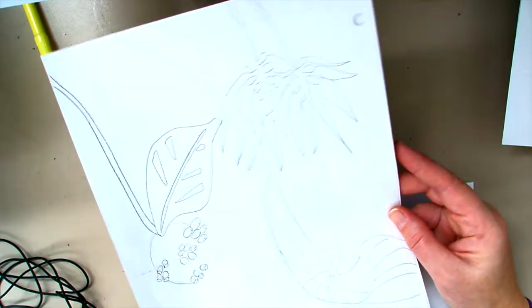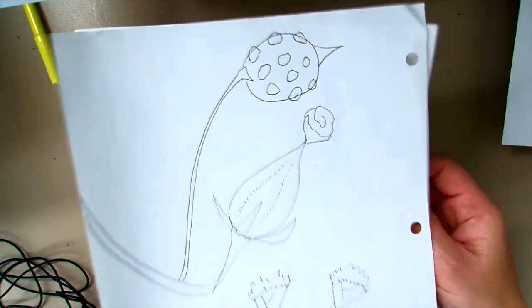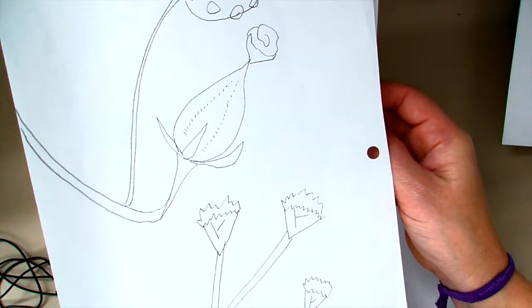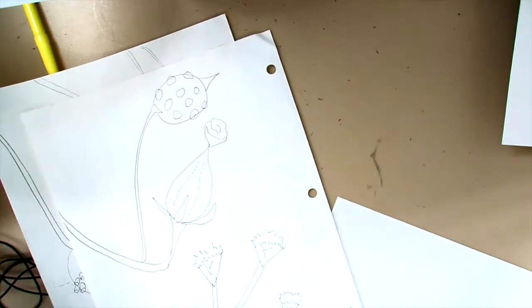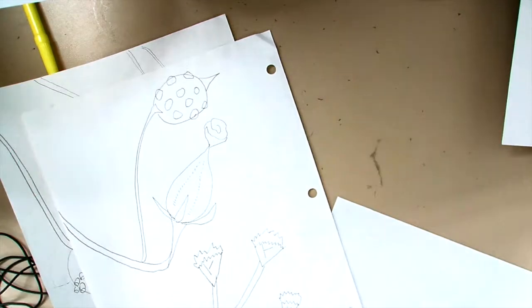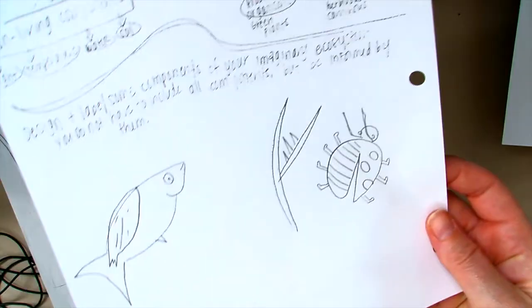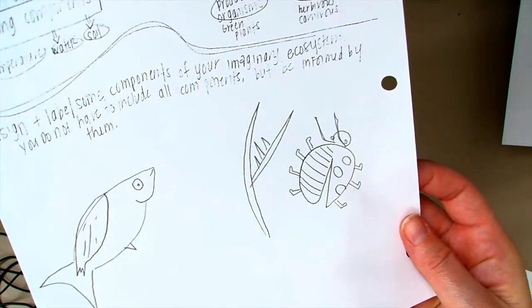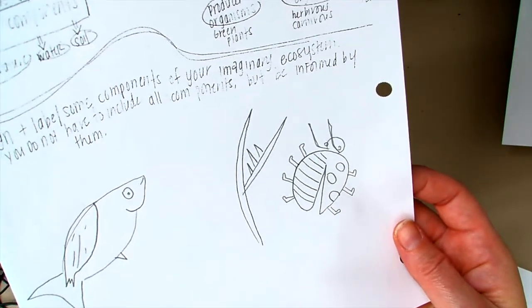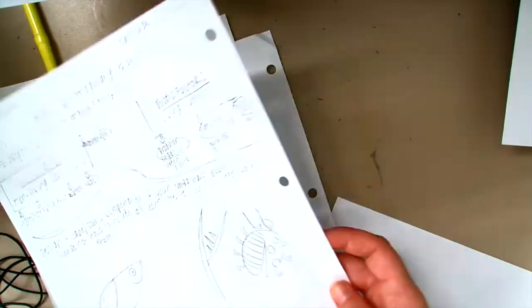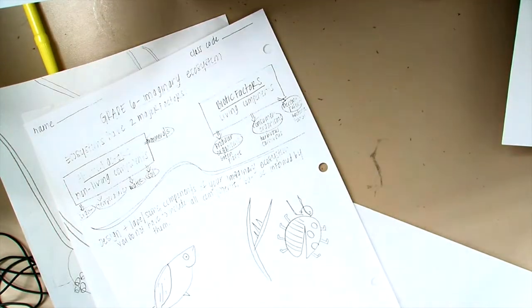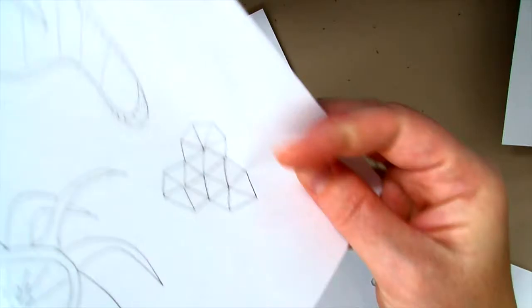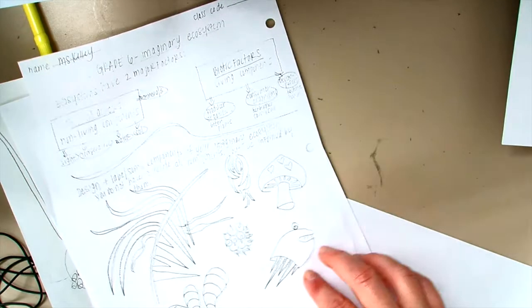And then I have a bunch of imaginary drawing sketches that I've done over time. Some of those are inspired by Yelena, and some of those are inspired by all of the components of an ecosystem. So I have some consumers and some producers, some decomposers. I even have some images that are kind of like minerals, where they have more geometric shapes, and I've got some prisms. So I've got a bunch of different drawings here that I'm going to be looking at for